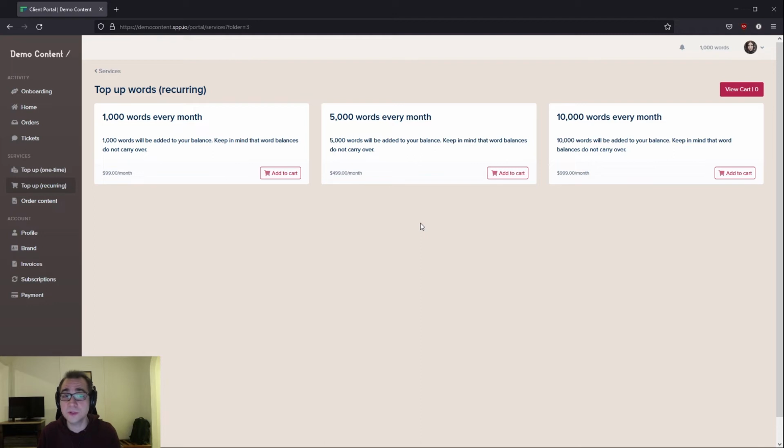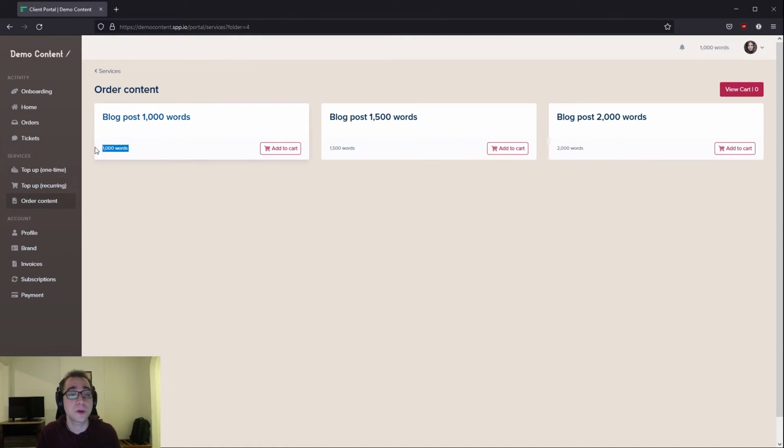And then once they've purchased from either of these two folders, they're able to go and spend their word balance and order content over here, where as you can see, things are priced in words. It is also worth noting that we've recently added an onboarding page that you can add for your clients, as